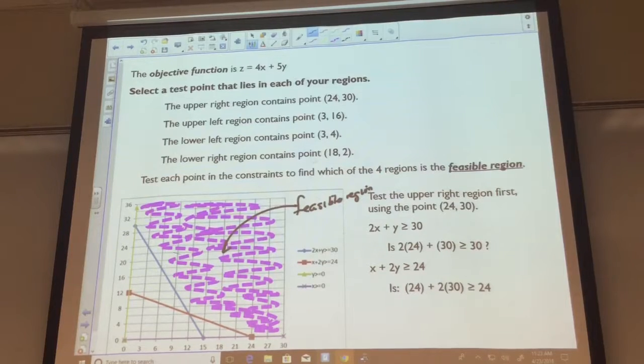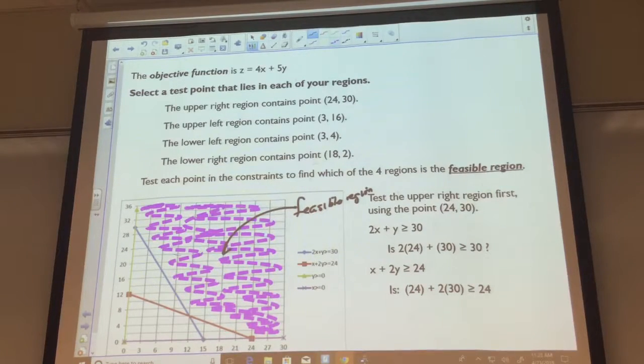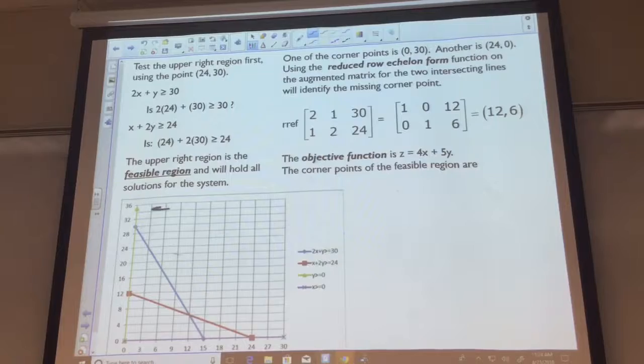So that takes us to 1, 2, 3. We're halfway through part 3 of the problem, which is graphing. We're not quite done with part 3 of the problem because we have to come back and do a little bit more work. We tested the region, we found the feasible region, we found out that it was the region that was sitting out here,